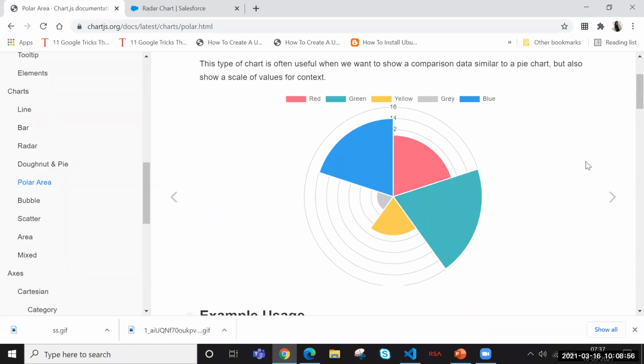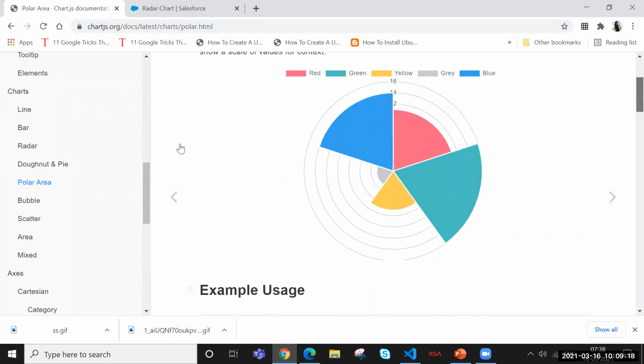It is similar to pie chart, but with respect to, say here, if we have 11 and this is 16, the radius difference is there in between these two. So the segment difference is there. Again, here we can make use of these charts in our Salesforce.